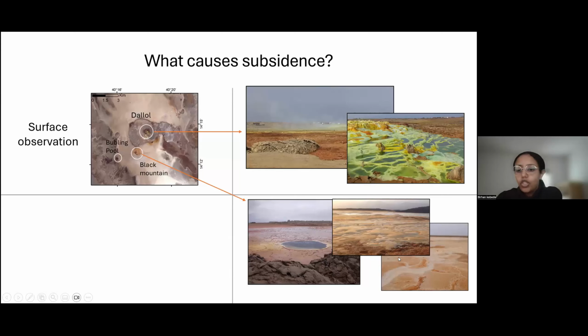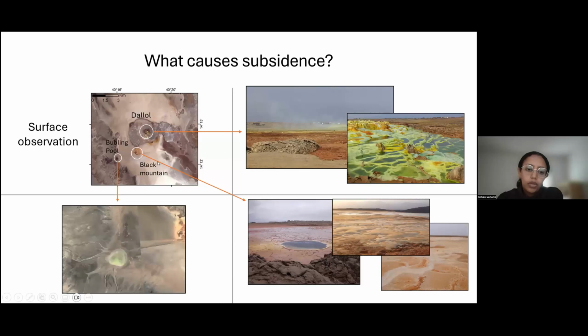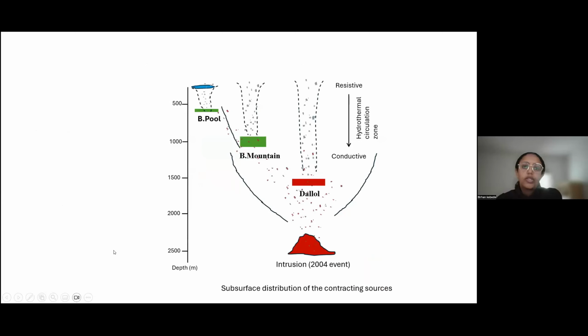These salt dissolutions are mainly secondary salt dissolutions. And on top of that, Bubbling Pool is just bubbling at a medium temperature. When we look at the subsurface distribution, this is a simple sketch to show how the subsurface distribution of the contracting sources looks like. So at the base, we have an intrusion that is defined by the 2004 InSAR